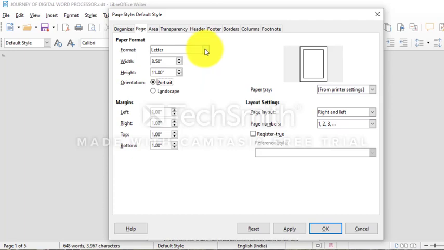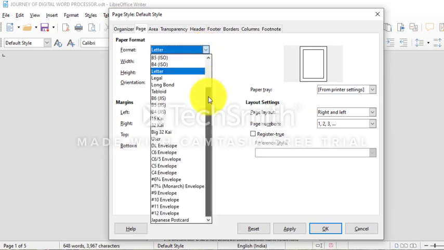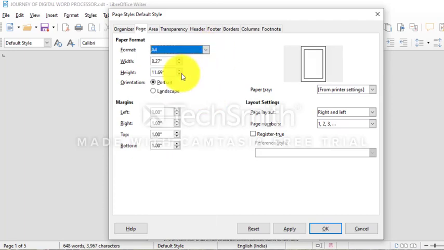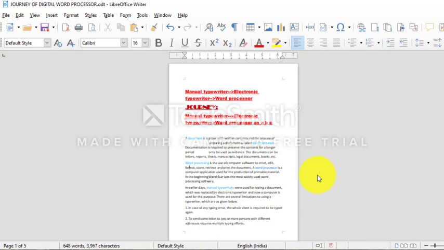I want it to be in A4 size. Margins are okay with me and I will click OK. Right, now you can see it is in A4 and all the margins are according to what I have set. So this is how you can set your basic page layout.